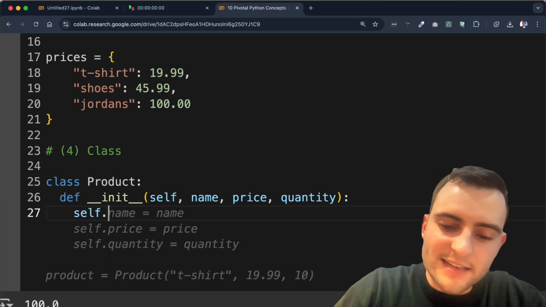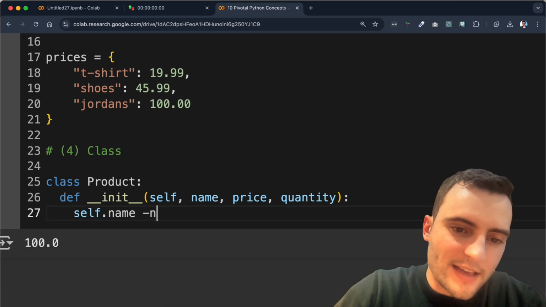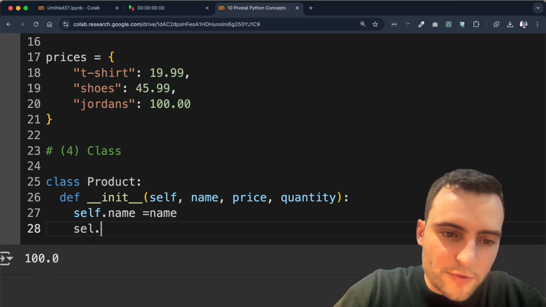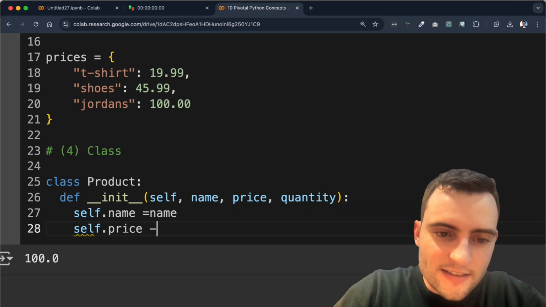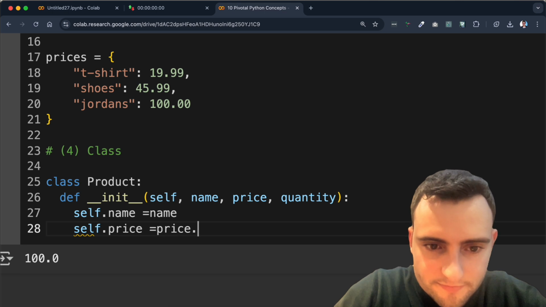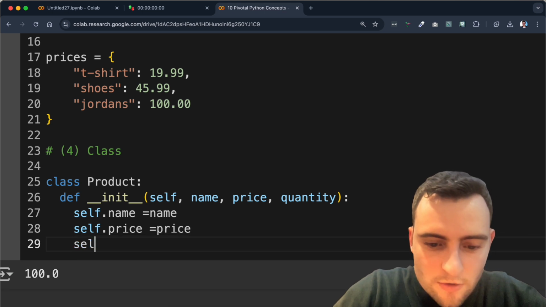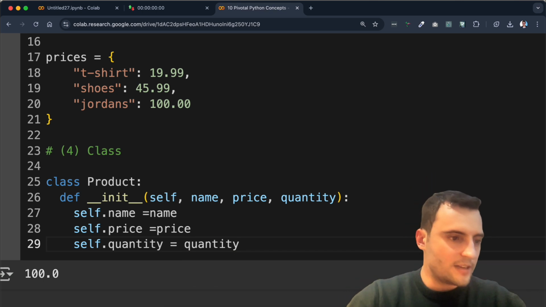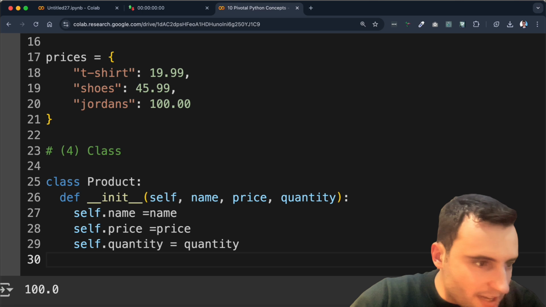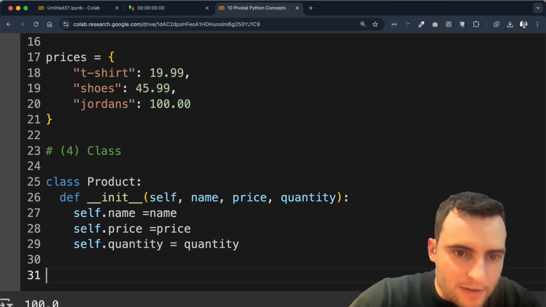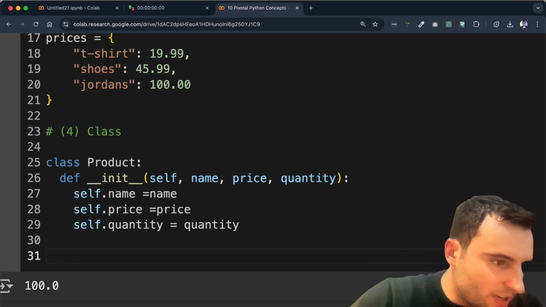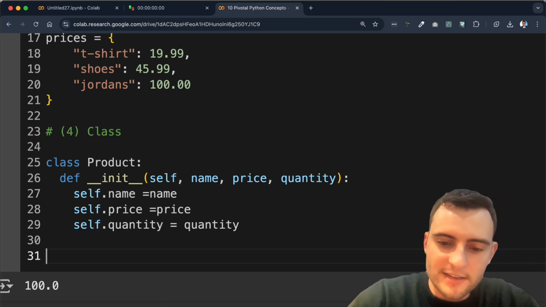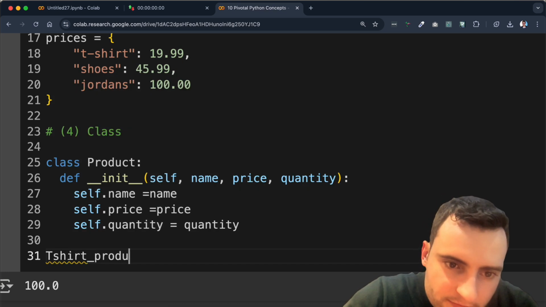And so here you basically just follow this, but you say self.name is name, the price is equal to the price, and the quantity is equal to the quantity. So that is pretty much it here. And what I can do now is I can create a new instance of this class. And so I say t-shirt product equals